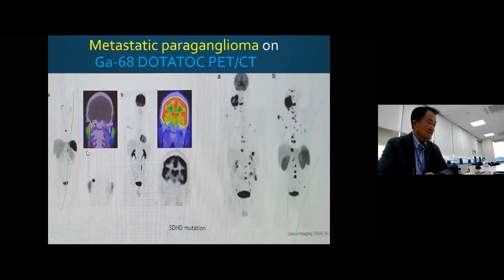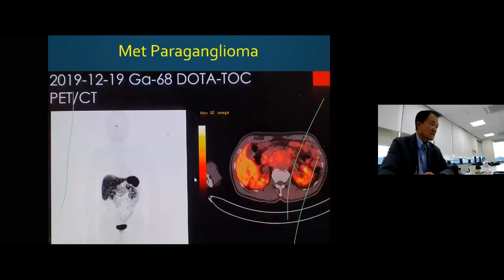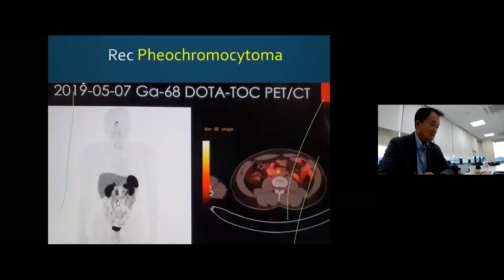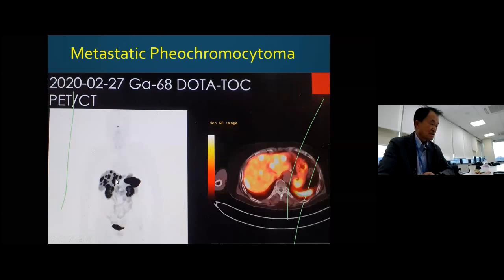So metastatic paraganglioma, you can see tremendous metastasis. From here, it shows a large lesion, but it doesn't show much intense uptake. Again, the intensity is related to receptor type and amount of receptor. And so this is a focal lesion, very focal, but very intense. And multiple lesions in the liver, very, very much so, this kind of thing.